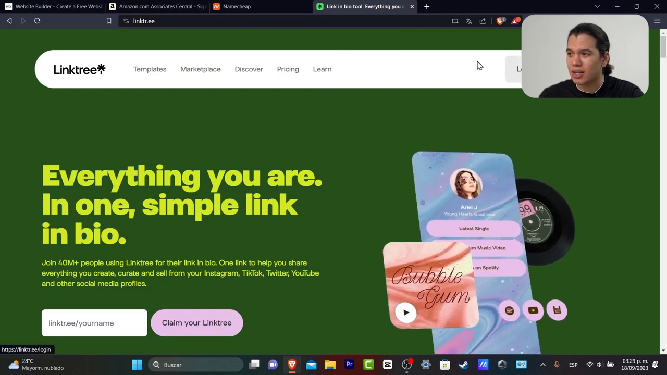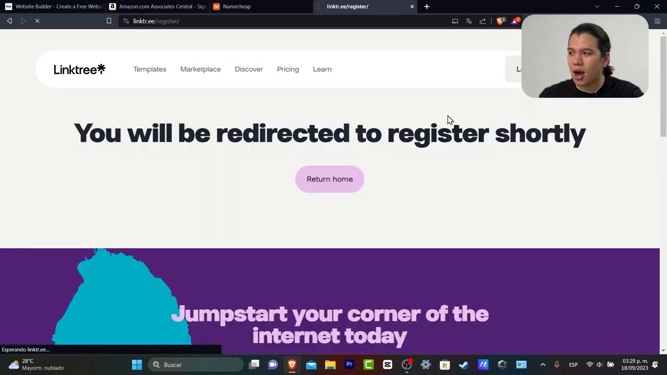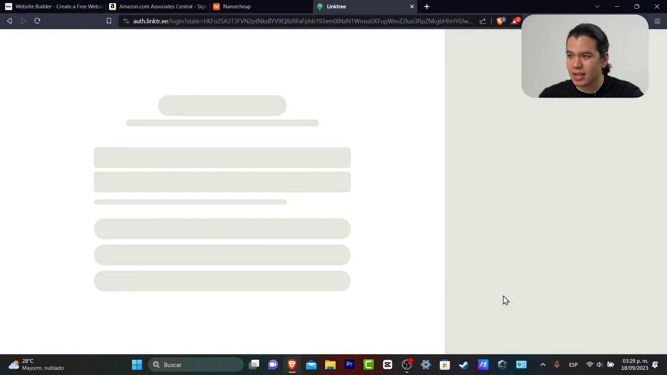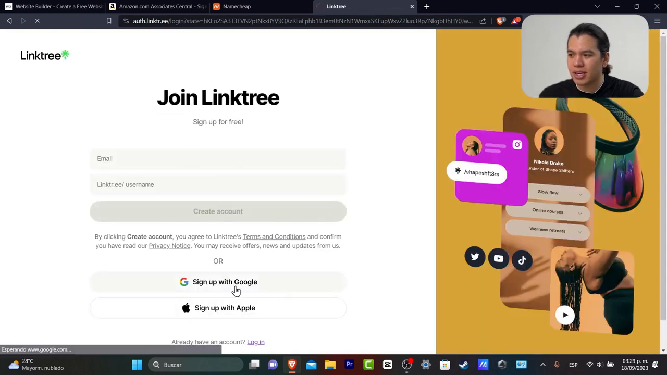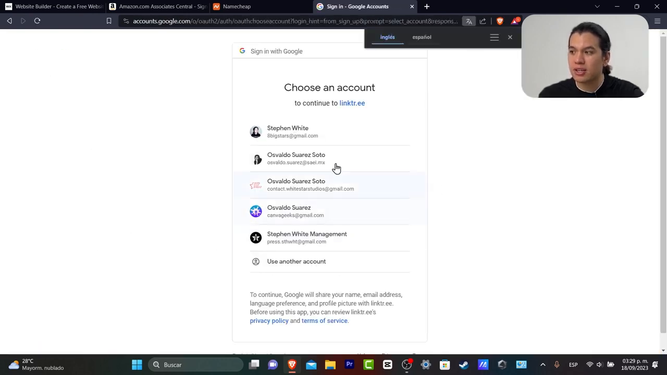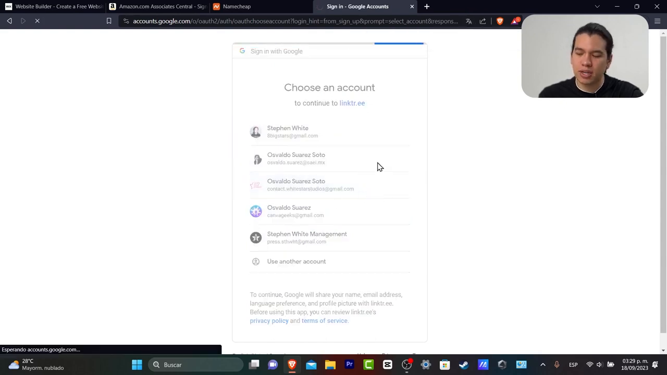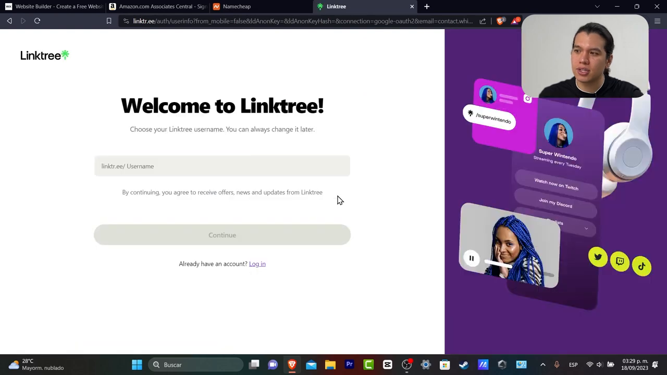So let's go here into Linktree, sign up for free. And check this out, it's going to be asking us to sign up. In my case, I'm going to sign up with my Google account since it's a little bit faster to use. I choose my Google account now, which